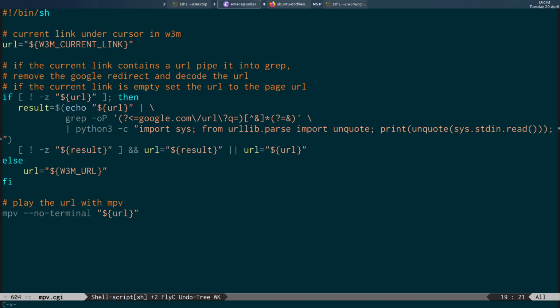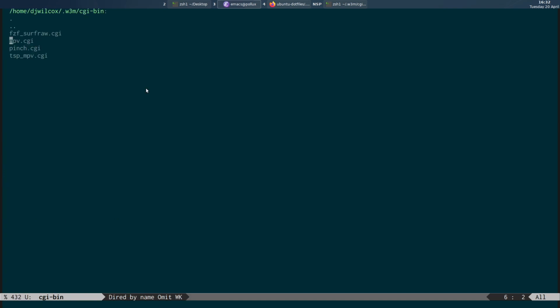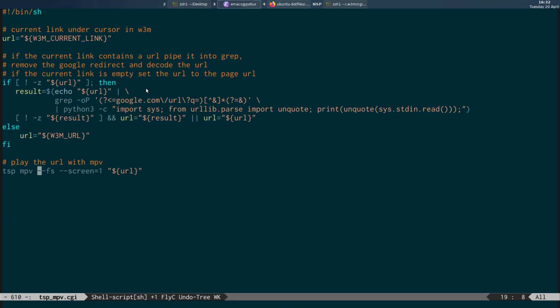So that's basically these scripts. They're all the same block of code. It's just the video or audio player we're opening the link with, and I say it's easier to put it all in one script rather than trying to run several scripts one after the other, because there were issues actually getting stuff from one script into another,